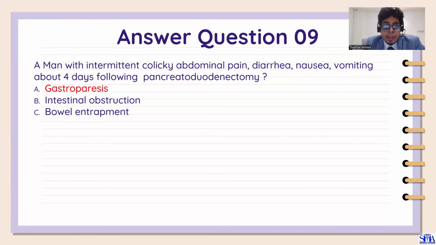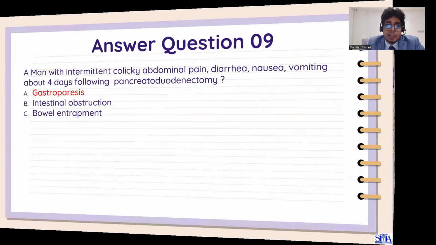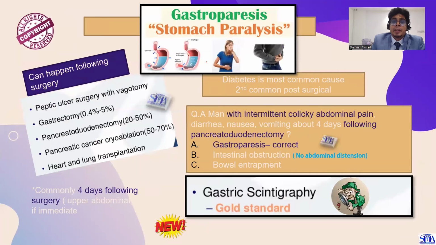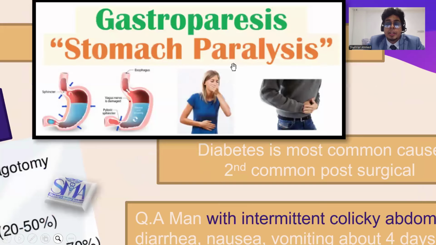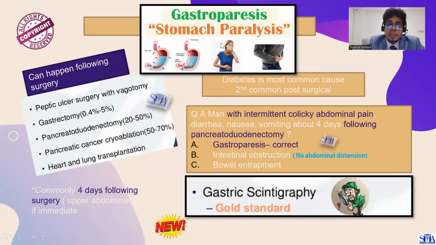Okay, we understood. Now we are going for this word, gastroparesis. What is gastroparesis? It is nothing but a stomach paralysis. Often we call it stomach paralysis. Often they can have diabetes, which can be a common cause. Naturally, it can happen because of long-standing diabetes. And second, another cause is post-surgical. If we go back to our question, pancreatitis, this is the surgery that we have done. So post-surgical, most commonly 4 days following a surgery, this is a very common thing actually. We also didn't go for distal obstruction, as already mentioned, no abdominal distension. So our final answer again,